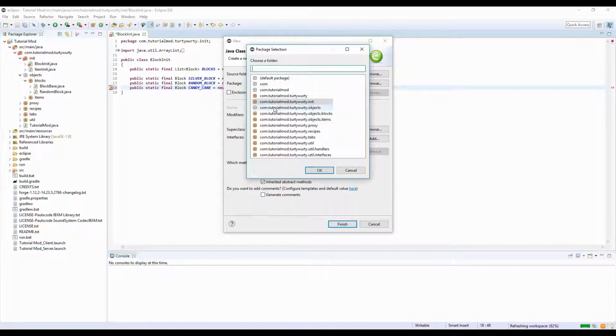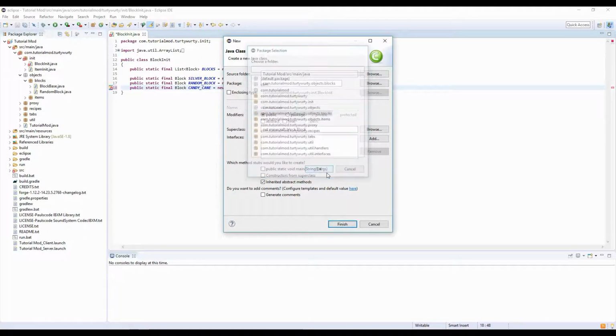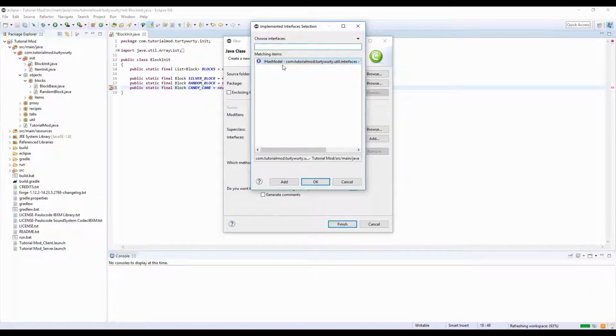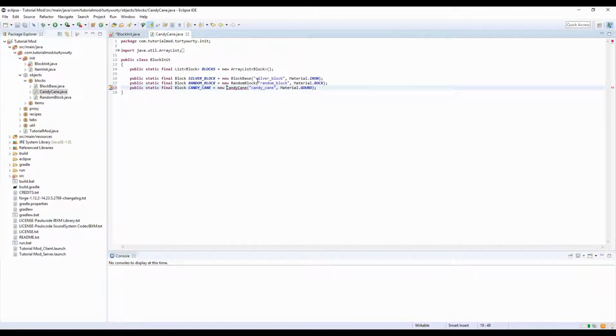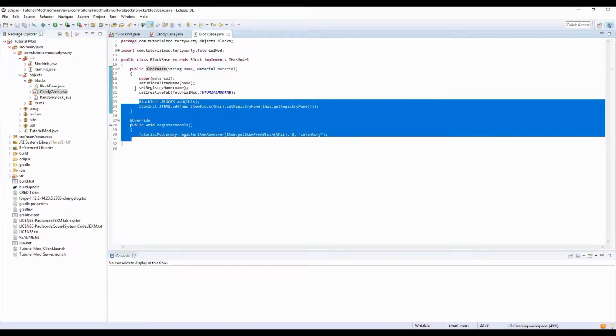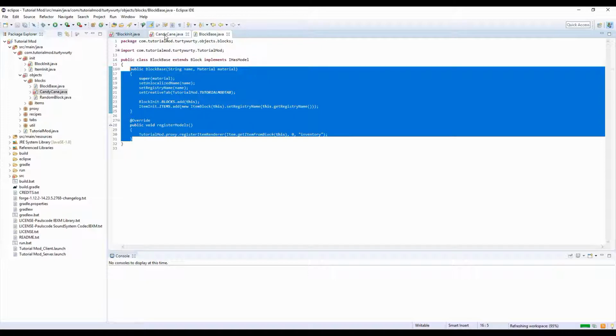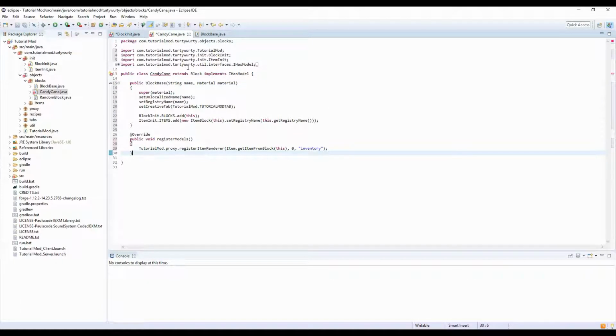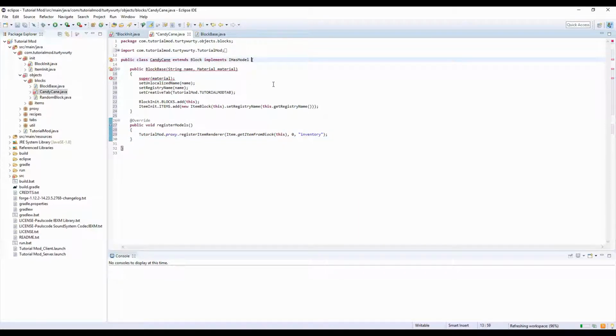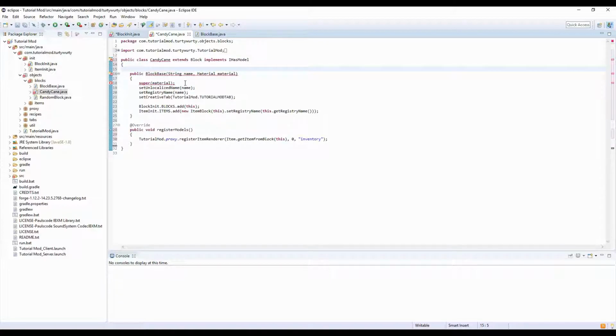However, we will make sure we put it in the right package this time and add the IHasModel interface like normal. Let's go into our block base and grab all of this because we're going to need the basic methods we have for any block, and we're just going to add a few more methods. So we're going to have a public static final